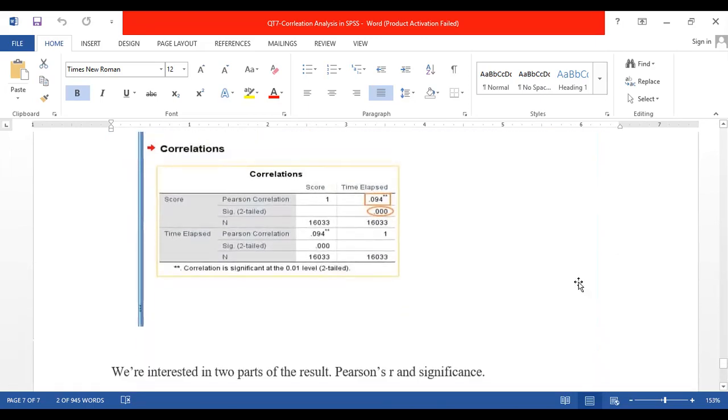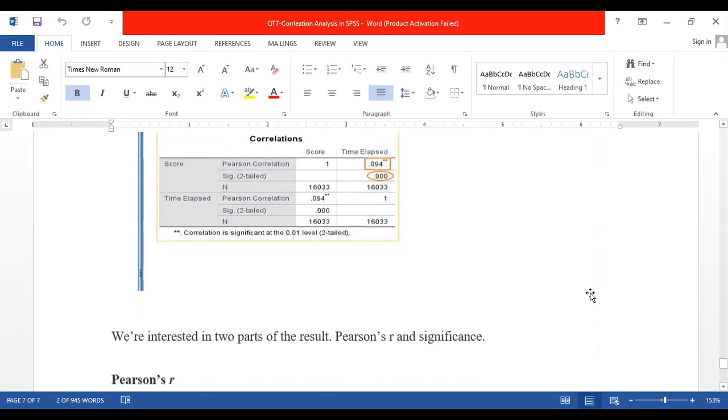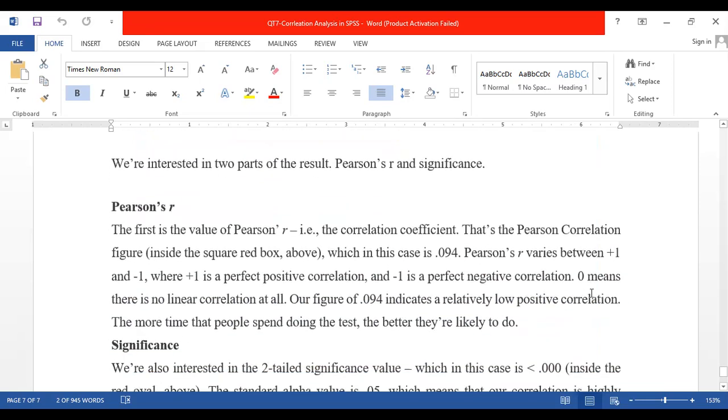So this 0.09 is very near to 0.1. Although the relationship between these two variables is positive, it is relatively low, because the outcome value, 0.094, is near to 0.1, and 0.1 is far away from 1.